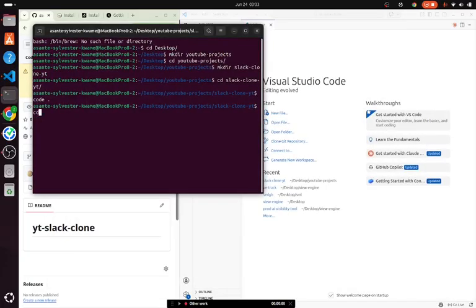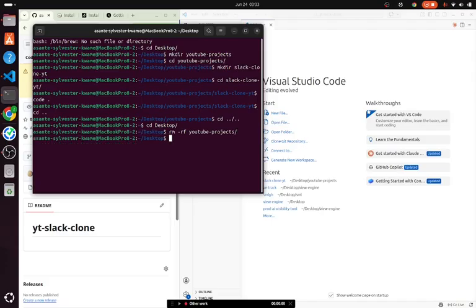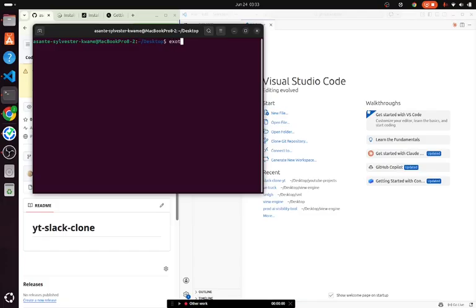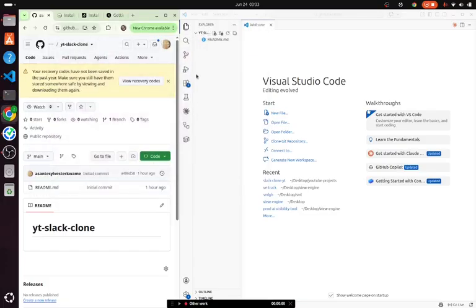But we don't need all that. I don't need all that in my projects, so I might as well just delete it. All right, cool. So I'll just remove all that stuff. Yeah, so YouTube projects are good. So it's not there. Okay, clear, exit. Okay, cool. So now that we understand the two ways to initialize the projects,